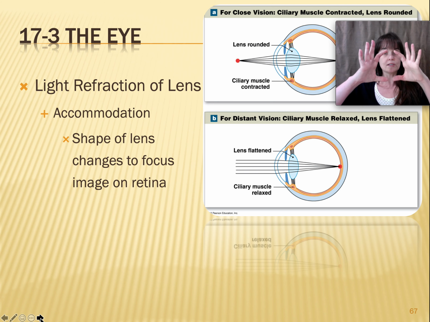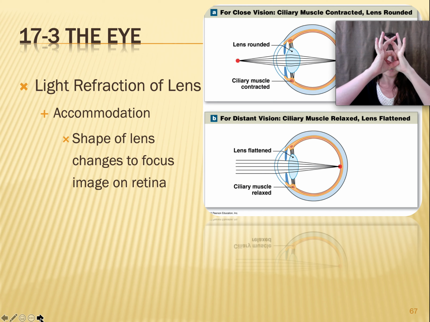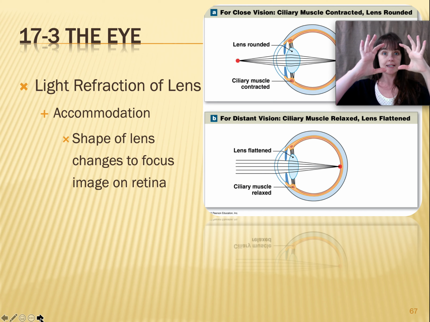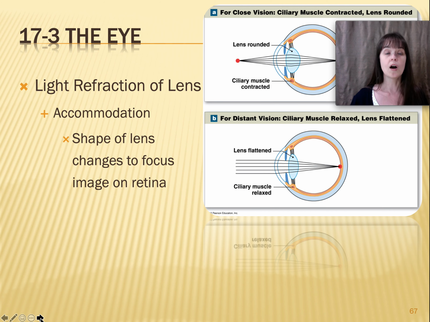Now, when a circle of smooth muscle contracts, the diameter gets smaller. And when a circle of smooth muscle relaxes, the diameter gets bigger. Our muscles get shorter when they contract, and when a circular muscle contracts, the diameter of the circle gets smaller. So we're clear. Okay, so during positive accommodation,